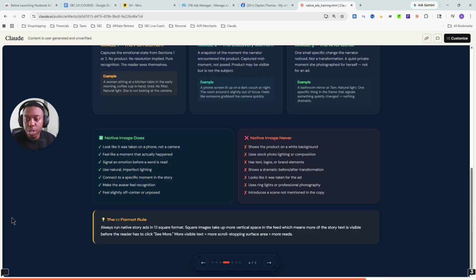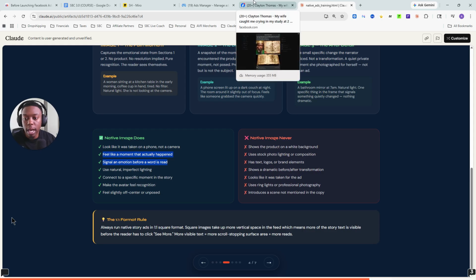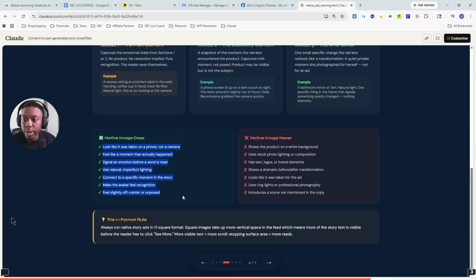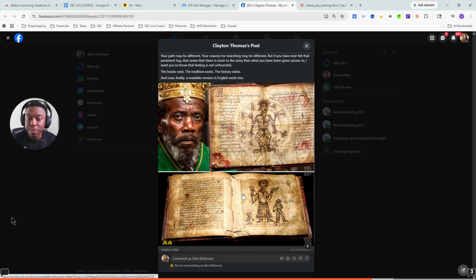So native images, this is what it should look like, right? It should look like it was taken on a phone, not a camera. Feel like a moment that actually happened, signal an emotion before a word is read. So I will say, obviously, this is a core experience, an example that we use, but in the same breath, like I just mentioned, sometimes depending on your niche and your industry, you can just grab an image